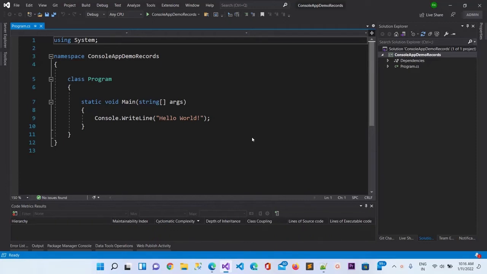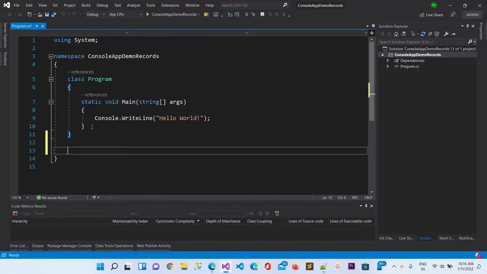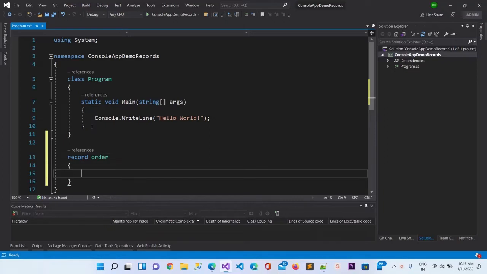This is a simple console application project, and here I will go ahead and create a record. To create a record, I just need to type record, and let me name it Order. Here I will put the ID of the order, order ID, and it will be of type integer.